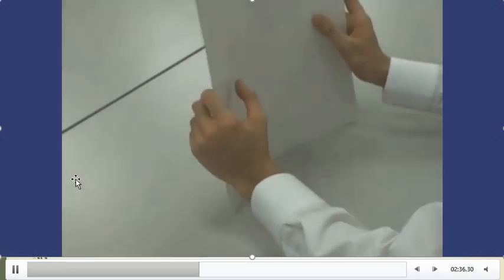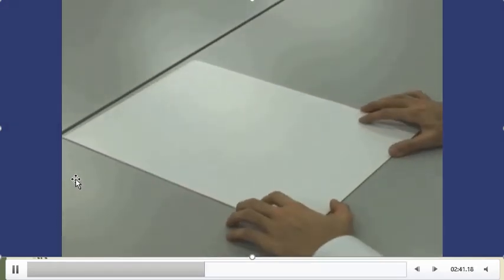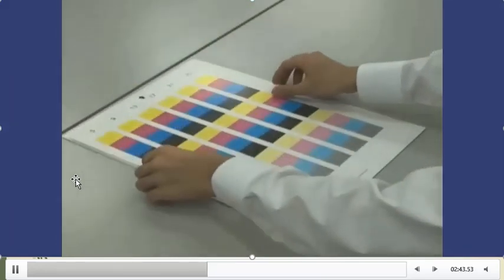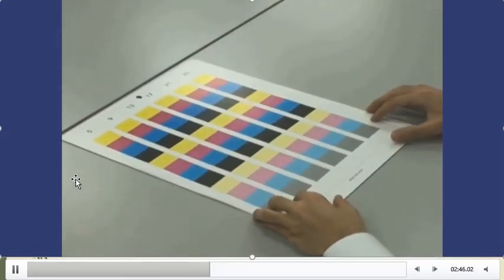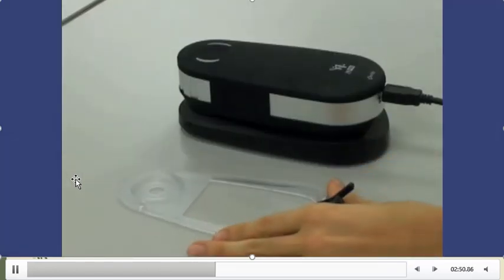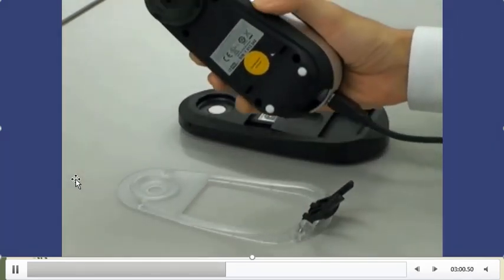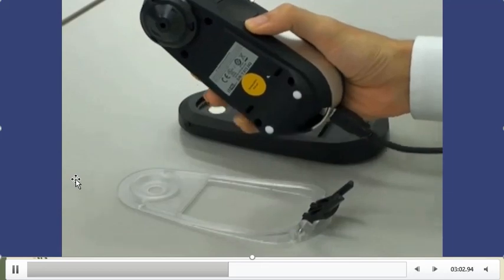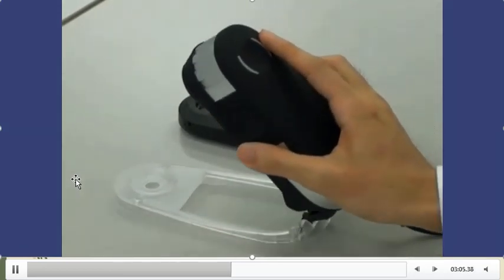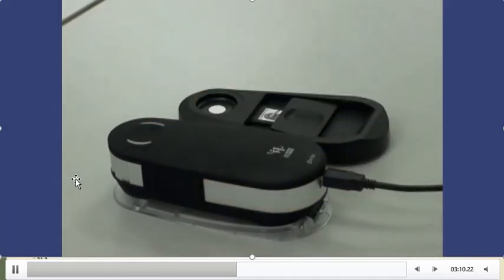Now as we did in calibration and maximum density, we will keep some paper below the printed chart, and then we will measure each spot one by one. In your calibration box you will see this kind of guide plate. So we have to use this plate. How to insert it, you can see here. This is how it works.